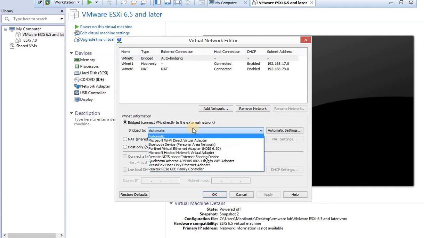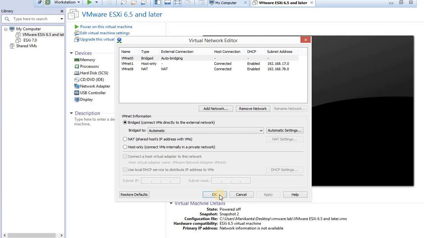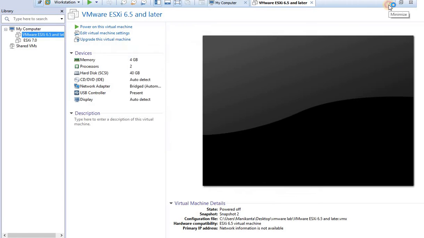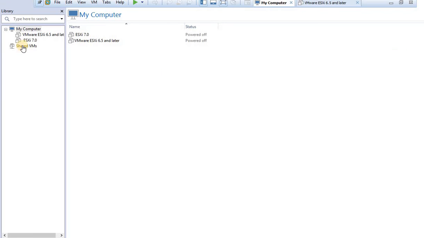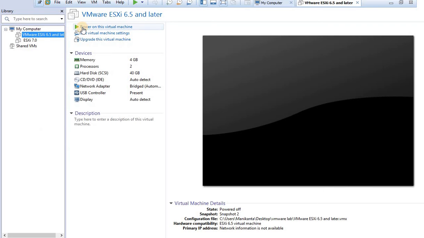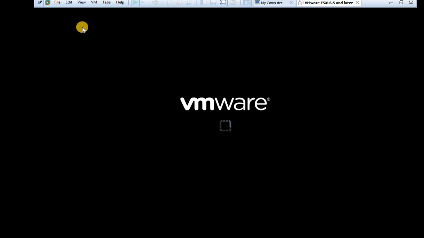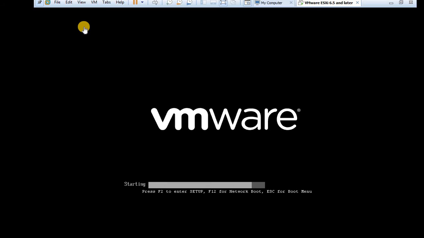Automatic, actually the bridge is going on. Automatic IP version will be assigned. Click OK. Later on you have to start your virtual machine. The total process will take some time. I have given automatic settings.